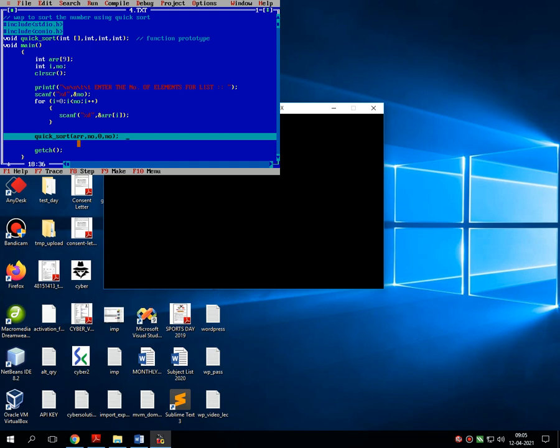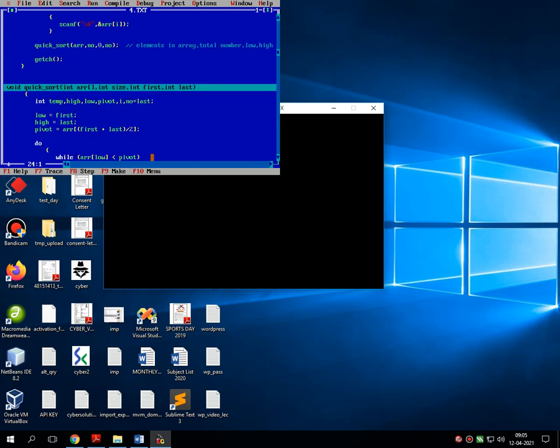So over here various parametric values are passed, which are actually called dummy arguments, like array, or you can say elements in array. This is my first parametric value, this ARR, NO total number, then low, then high. So all these values are passed as dummy arguments in quick_sort.